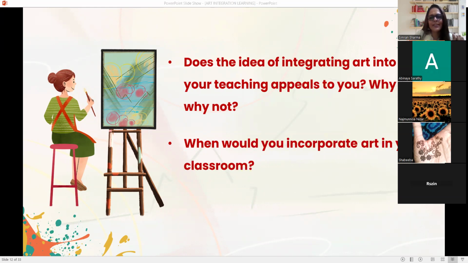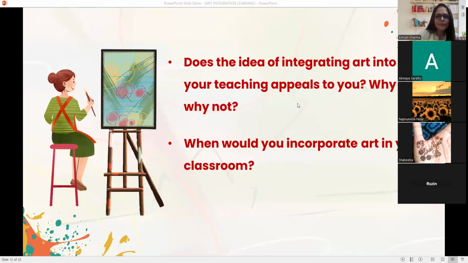I'm reading the chat. Yes, it makes students active and motivated. Definitely, students get energized in regular teaching. Exactly, it appeals to us as we also learn. Children give us amazing insight through art. Absolutely. Okay, in regular class, wonderful. So we are all incorporating art integration, but when are we doing it? Is there any specific timing or sequence to it? Do we have any particular sequence to it? Regularly, you said.